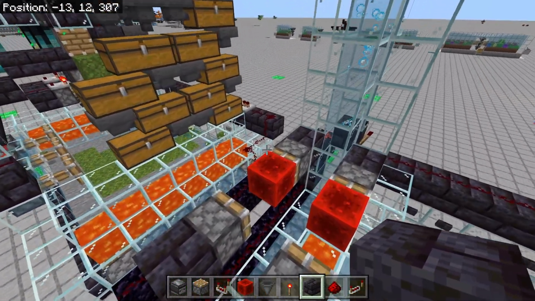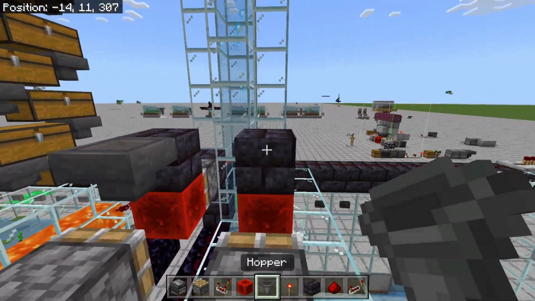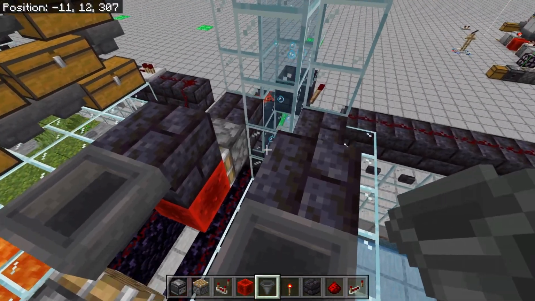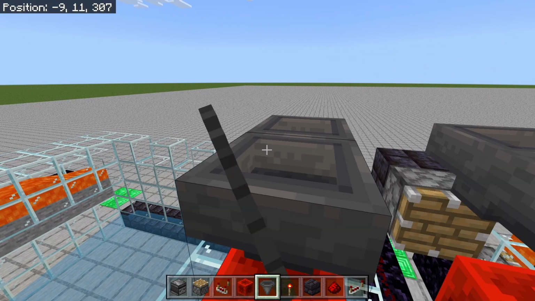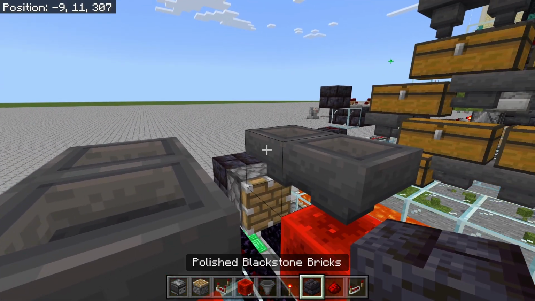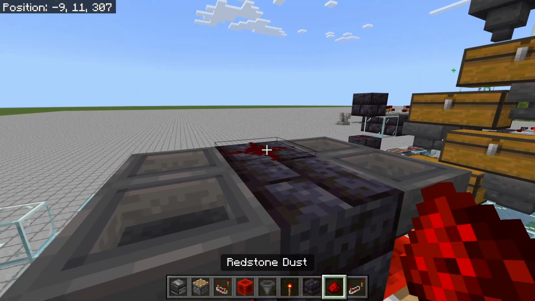Next, directly on top here, you're going to place down a temporary block here, and a temporary block here, a hopper going into that one, a hopper going into that one. Remove these 2 temporary blocks. Then we're going to turn around and place down a hopper going into that one, and a hopper going into that one. Take you 2 solid blocks, place down a solid block here, a solid block here, redstone dust here,